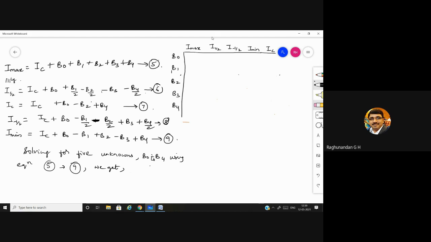These are all the values of which current? Collector current, sir. Collector current. So along x-axis, we will be listing out the collector current values. Along y-axis, you are going to list out the unknowns. So here there is no confusion because already in the table we have written this.